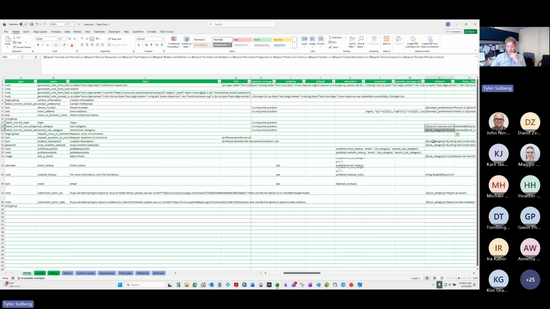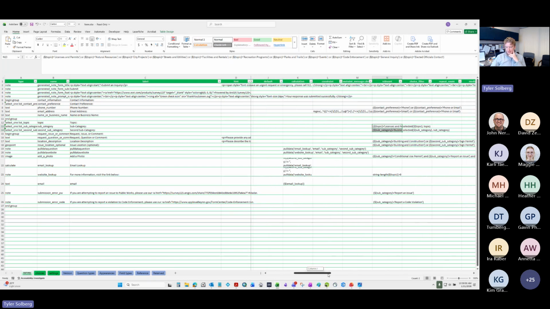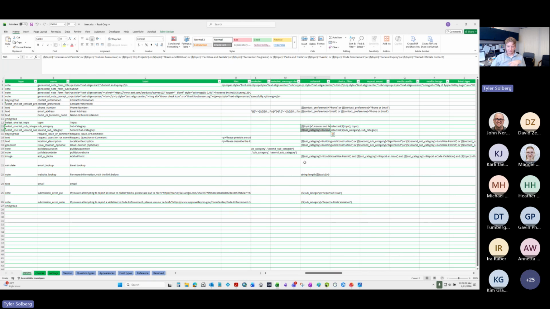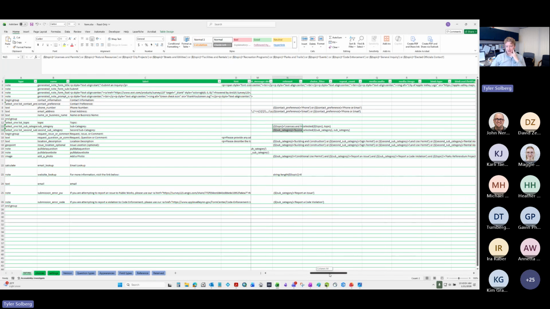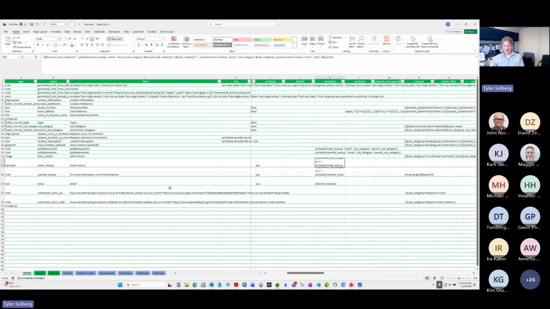And then beyond that, we also use, for the sake of keeping things clean on our end as GIS professionals, pull data functions. So that's something that I had to learn for this project. It ended up being a lot more straightforward and intuitive than I would have initially thought after reading the documentation on it. But basically, the way that pull data works in this instance is saying, okay, if the second